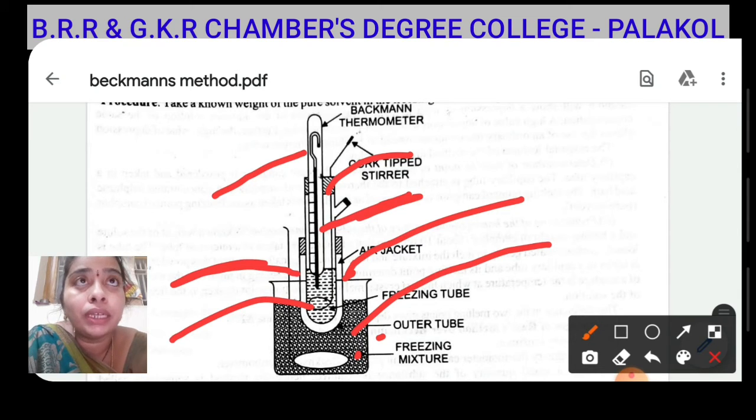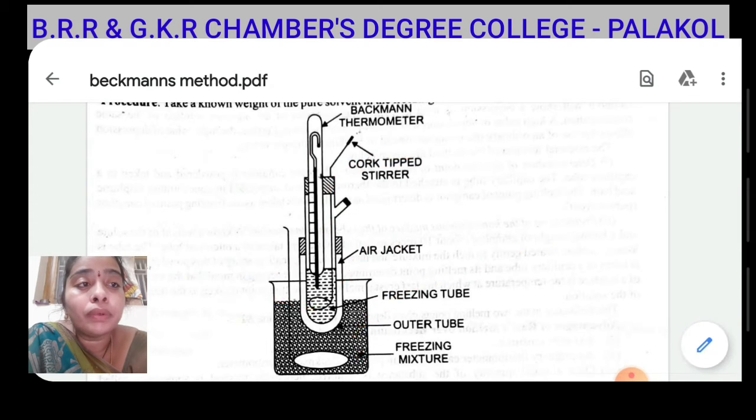A freezing mixture is a mixture of two or more substances which can be used to produce temperatures below the freezing point. Freezing mixtures are used mainly in the laboratory to generate and maintain low temperatures. Industrial requirements for low temperatures are fulfilled by a freezing mixture that consists of crushed ice and a reagent such as table salt. So students, the freezing mixture is used to cool the solvent or solution below its freezing temperature. So let us go to the experimental method.